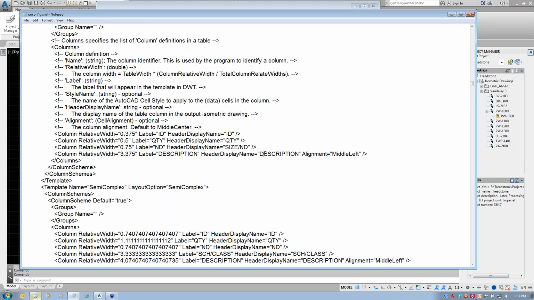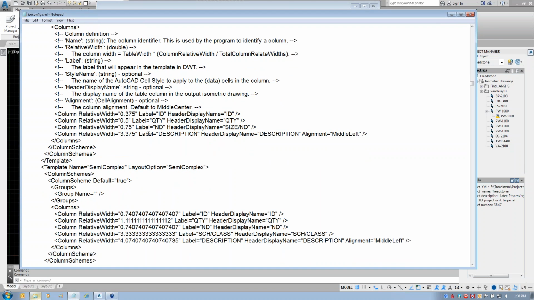And it will make that the header all the time instead of switching back automatically to ND. And I can control alignment and things like that, but that's really all I want to control here, those column widths. If you look down through here, you'll be able to find the settings for the cut piece list, for the weld list, for anything, and you can set those column widths the way you want them. You just need to make sure you know how wide it's going to be and make sure everything adds up